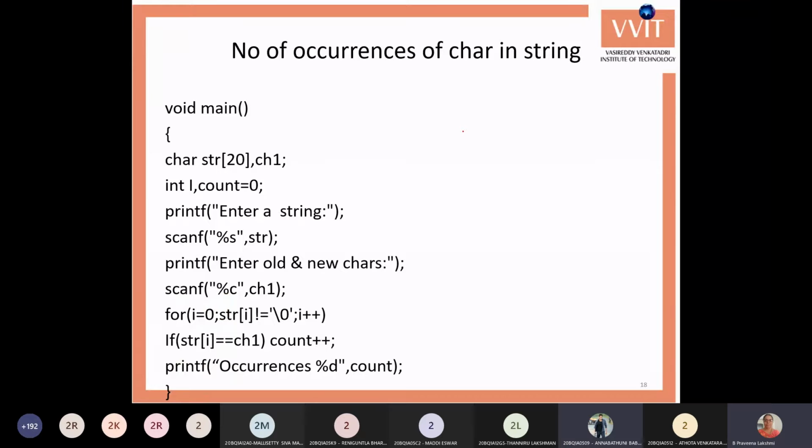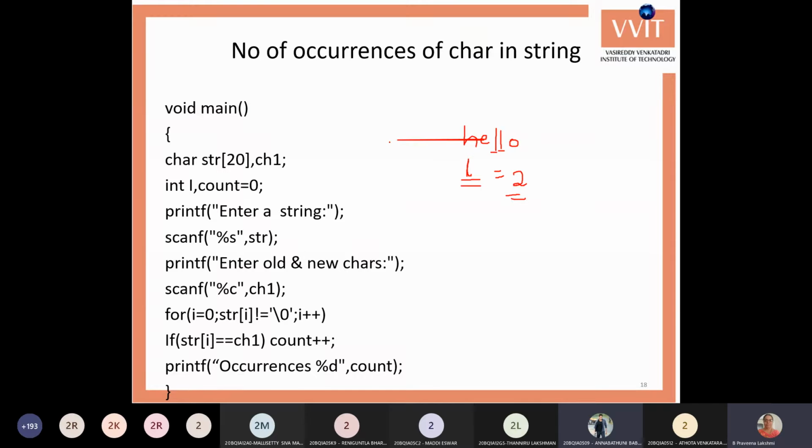Okay, say for example, I have a string "hello". I want to check how many letters in the string are L. I want to check the number of occurrences of the letter L. The character occurs 2 times, so it has to show the number of occurrences as 2 for the L. I will give only one character, and it has to show the number of times the character appears in the string.